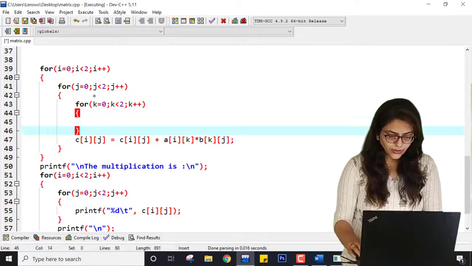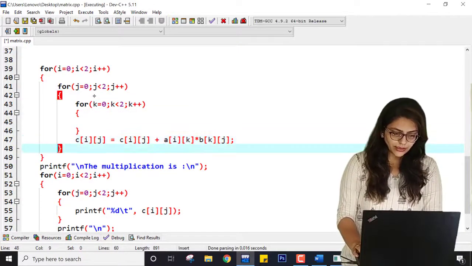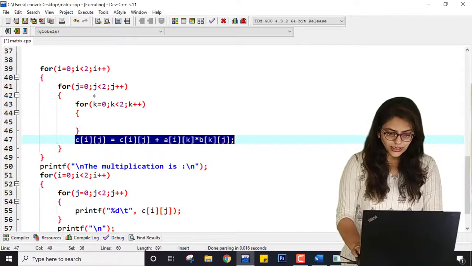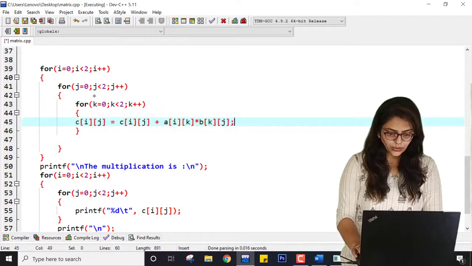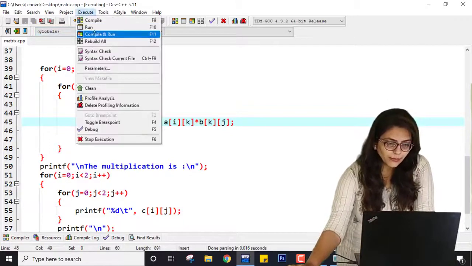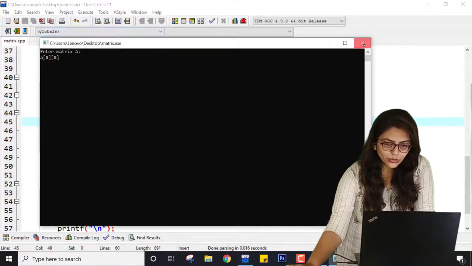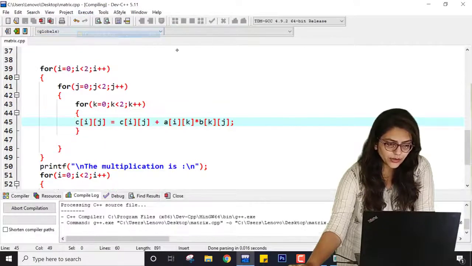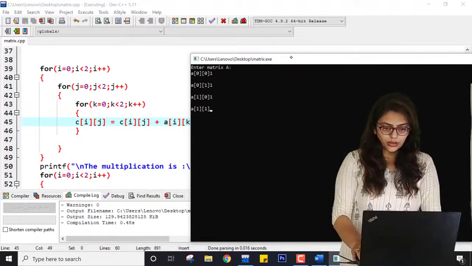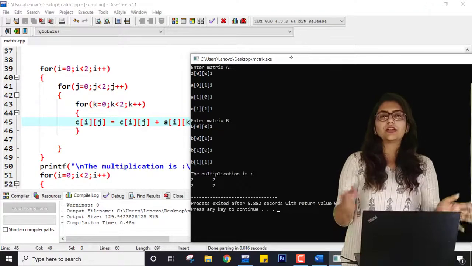Here again I have to write this equation inside the kth loop. Now let us save the program, compile it and run it. Okay, I have to compile it first. Now if I enter again all ones, I am getting the correct answer.